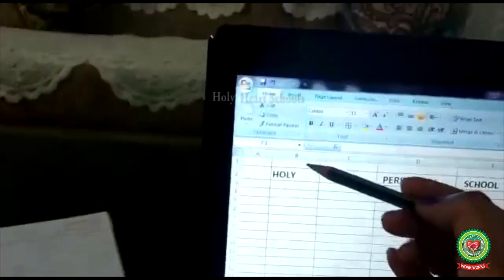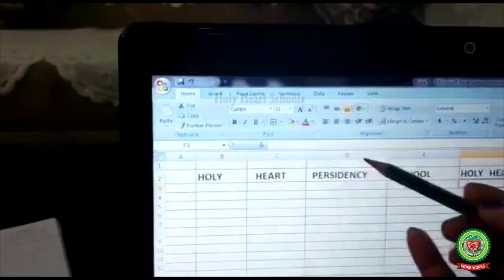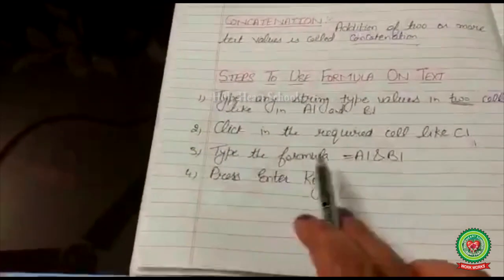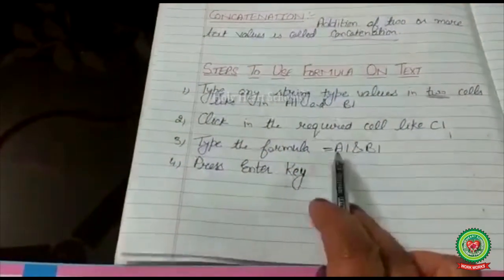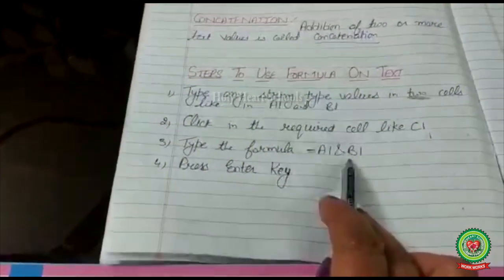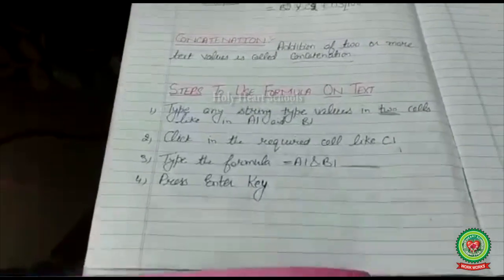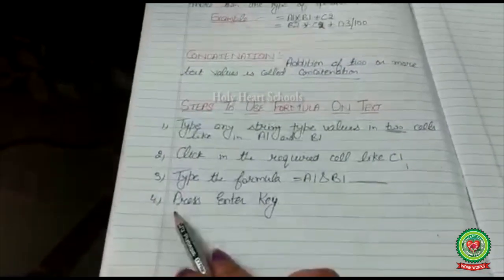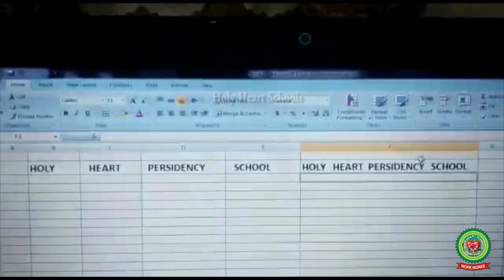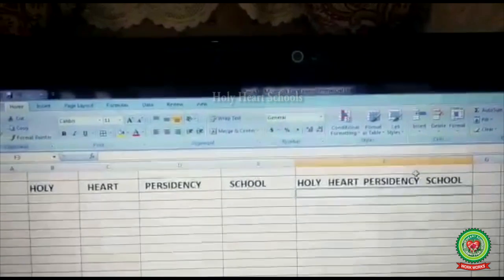Here I have used B2, C2, D2 and E2. After that, type the formula equal to cell address and cell address as many as I require. I use 4 cells in my practical. Then at the last, press the enter key. Then you will see that all the text values are joined together.